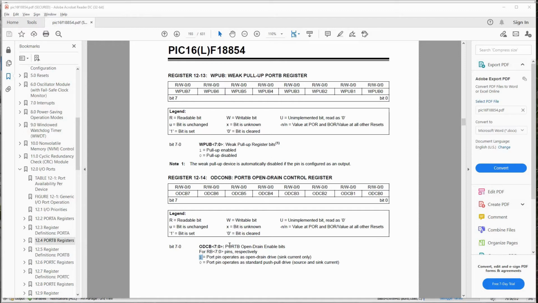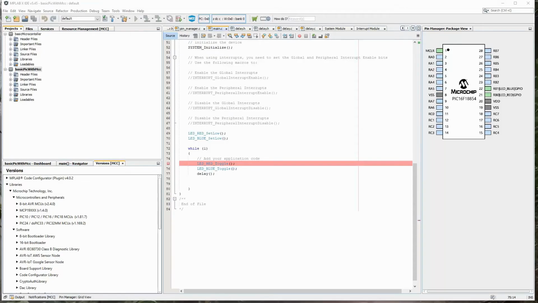So let's assume that you are using this controller in 3.3 volts and the output is going to 3.3 and 0. But in some cases, if you want the output to go to 5 volts, then you can have a pull up and connect this pin. So when this pin becomes 0, you will get 0 volts. When the pin becomes high, it will no longer push it to 3.3. It will just let it go. It will be a transistor kind of a circuit inside. So whatever is the pull up there, let's assume you have connected the pull up to 5 volts, that pin will go to 5 volts.